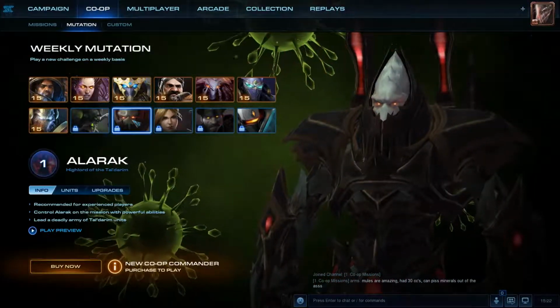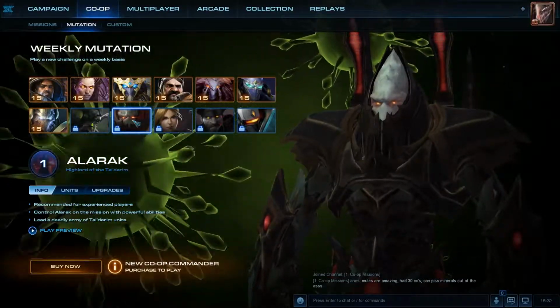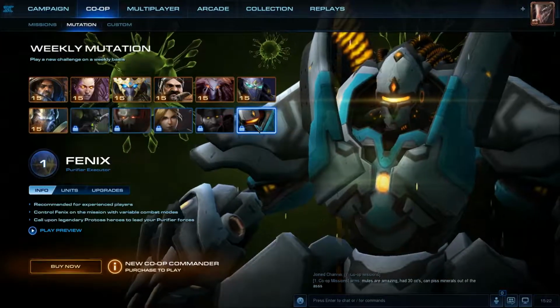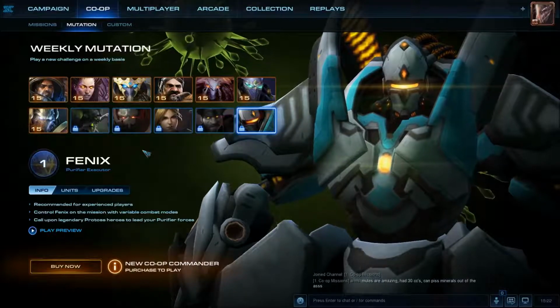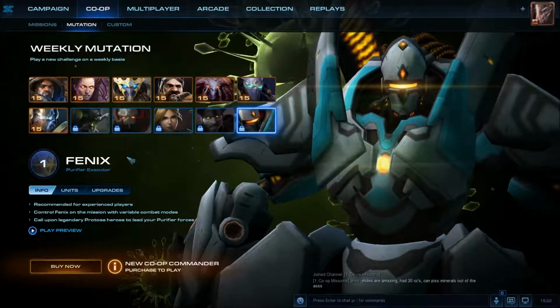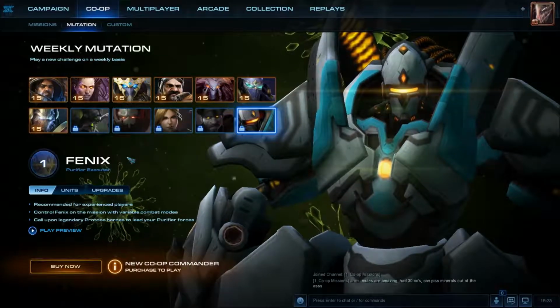And I would say Alarak is probably out as well. I don't think his Death Fleet option is any good, because they'll just decimate them too. I would also say Fenix is probably the worst on this, because he kind of needs to have those big, amazing hero units, and all it does...